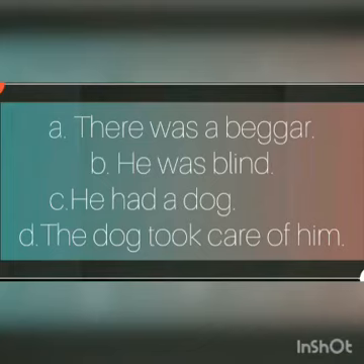Second, he was blind. Third, he had a dog. Fourth, the dog took care of him. So the ideas are overloading. There are a lot of ideas that we are not able to point out what is the real topic or main idea in this sentence.